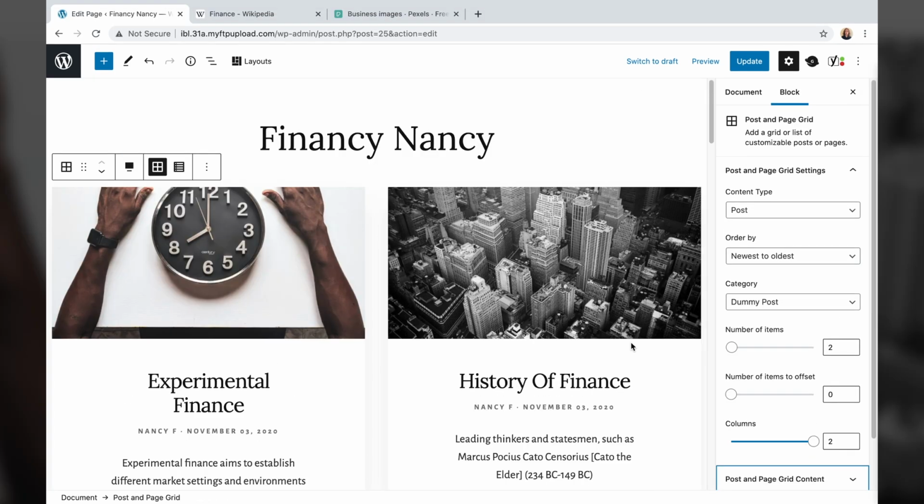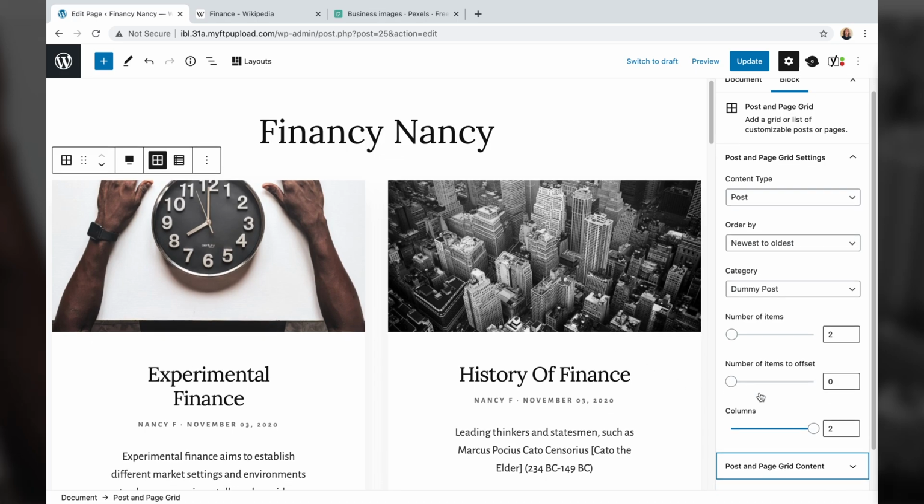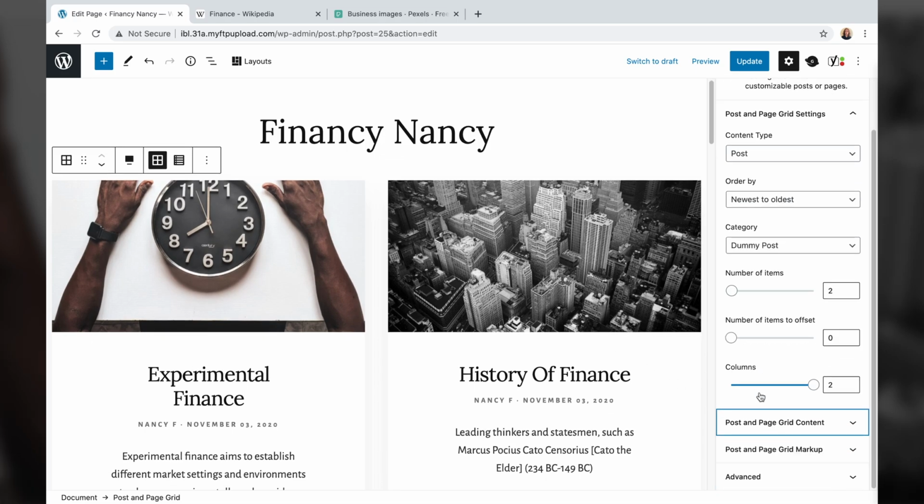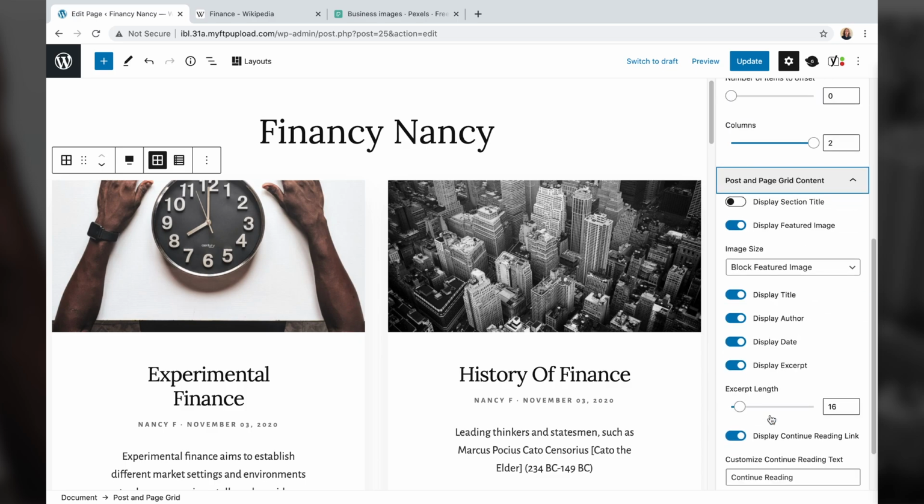Now that I've selected my grid layout, I'm going to adjust the content that appears in each post preview. To do this, I'll scroll down in the Post and Page Grid menu and click on the Post and Page Grid Content tab to open it. Each of these switches corresponds to one aspect of the post previews throughout the grid. Currently, all of these switches are enabled except for the one labeled Display Section Title, which I'm going to keep